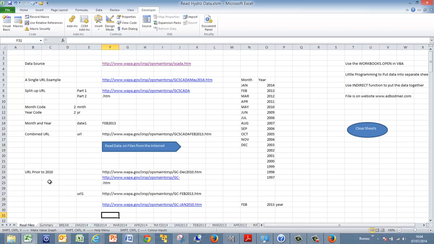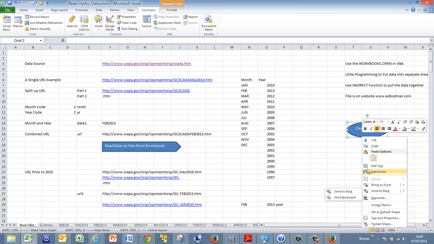You make a loop and you start at the end and you move backwards. It only really works well if you start at the end. I used to start at the beginning. So you step by -1 and just delete sheet by sheet by sheet until you get to the break sheet. That's what